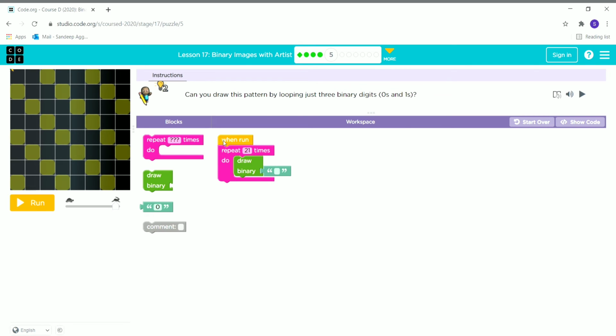So now in puzzle number 5, as you all can see, the first, the fourth and the seventh lines are the same. So we will have to give the draw binary block 3 times. So now let's put the code. For the first line we will put 0 0 1 0 0 1 0 0.